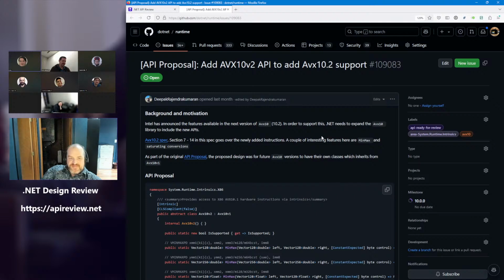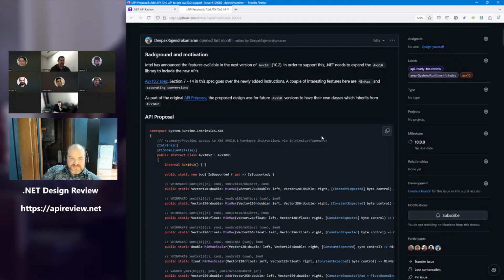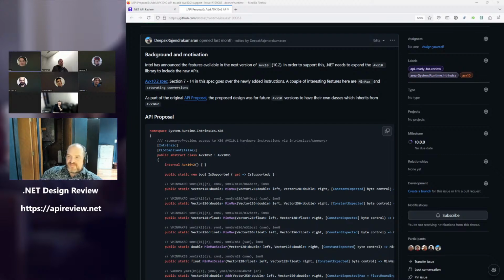Yeah, so just continuing the general intrinsic yearly API reviews for x86 and x64, or just for x64. There are some new instructions coming to hardware for AVX10 v2. Several of these are answering known missing instructions from the existing instruction sets exposed.